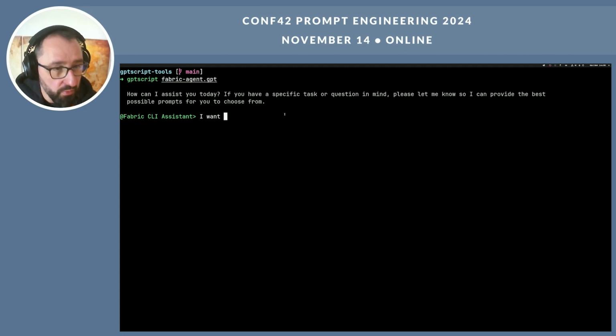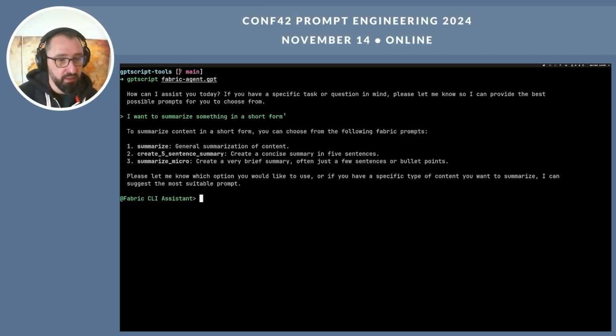Okay, I want to, let's say, summarize something in a short form. So I'm instructing it, and then GPT Script selects for me possible Fabric patterns or prompts that I can use. So it says summarize, create 5-sentence summary, or summarize micro. And I can tell you from using Fabric, those are exactly the prompts that I would use to summarize something